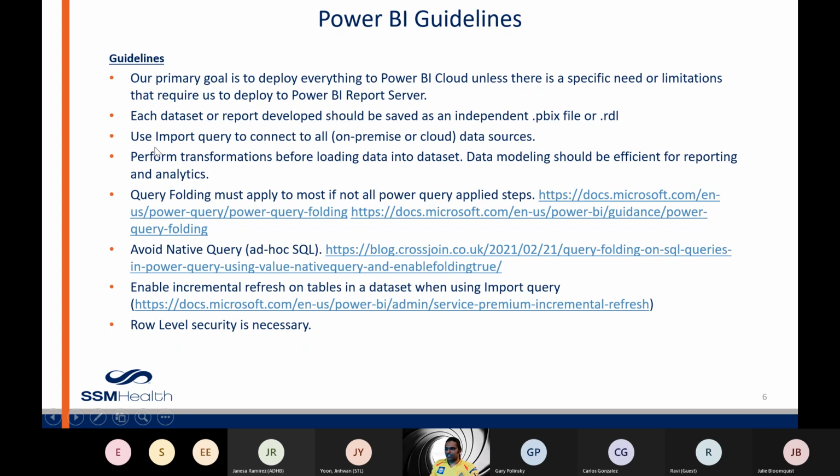Performing transformations and query folding and avoiding native query are some of the guidelines out here. With the assumption that you already know Power BI, whenever you're doing all the applied steps and things like that, eventually we just want Power Query to go and grab data from the data source. In our organization, that's what we are hoping it would do, with very few transformations within the data set. It would do everything back there on the source, any calculations, aggregations, as much as possible done on the source. So it comes to the Power BI data set,